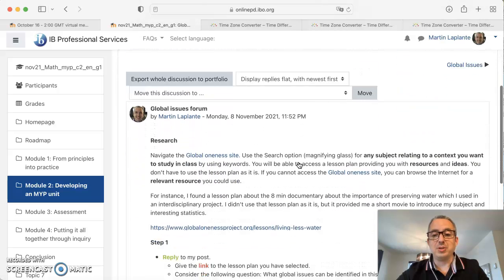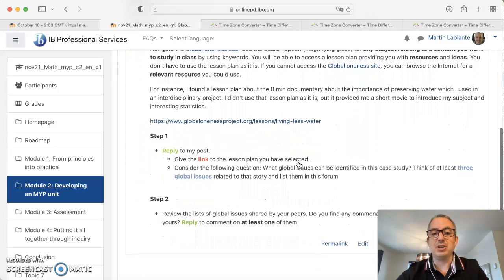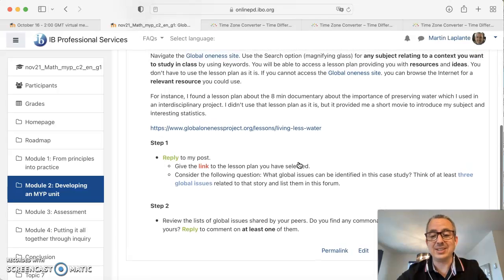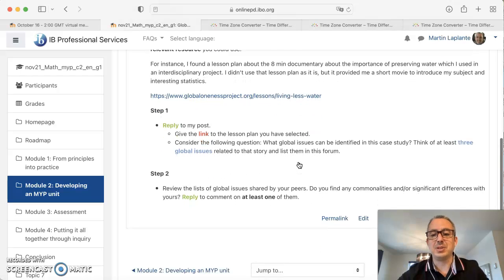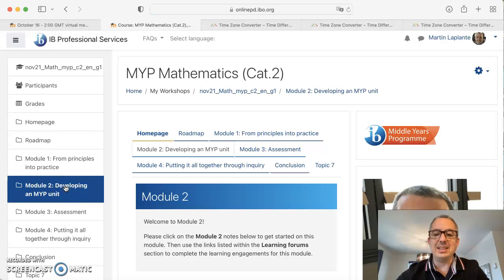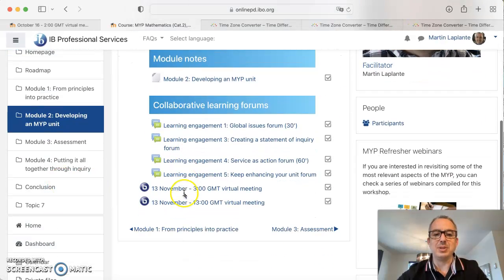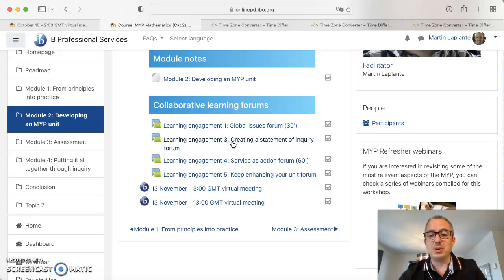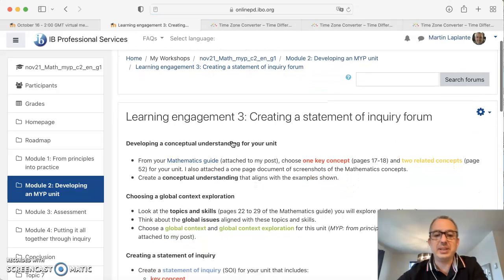So it's pretty simple. It's just to try, within the IB, to teach in a context. And there are photo essays sometimes. Sometimes we can take a video, perhaps only take the transcripts of the video. So there are many possibilities. You'll see that you don't have anything to post for the second learning engagement. You see that there is no learning engagement 2, because this is to choose the concepts and the global context eventually in order to create the statement of inquiry. So all of your answers will be posted together in the learning engagement 3. This is something that I will really look at.